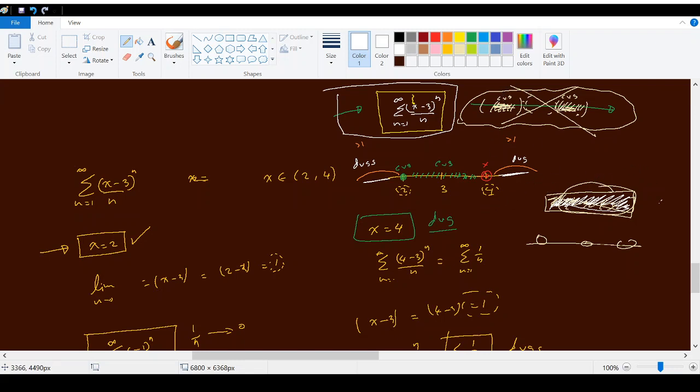This converging region will not have holes like this, right? So that is very important, and from this you have another name for these regions, and that is called the interval of convergence, and there is another thing called the radius of convergence, and I will discuss it in the coming videos, right? Okay,